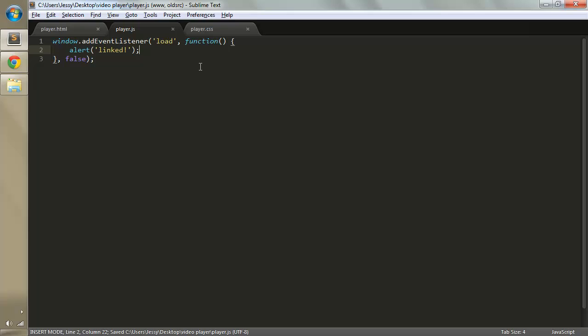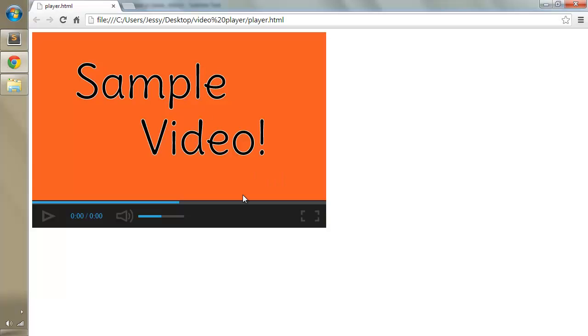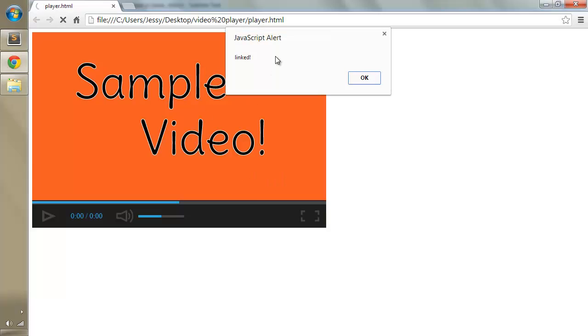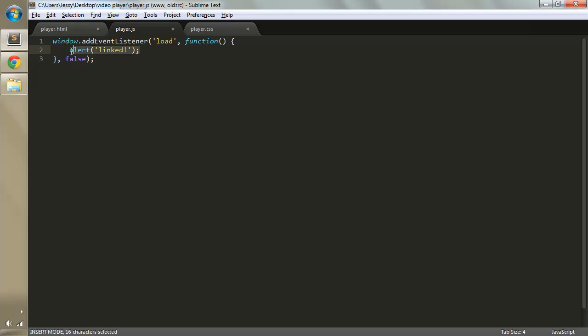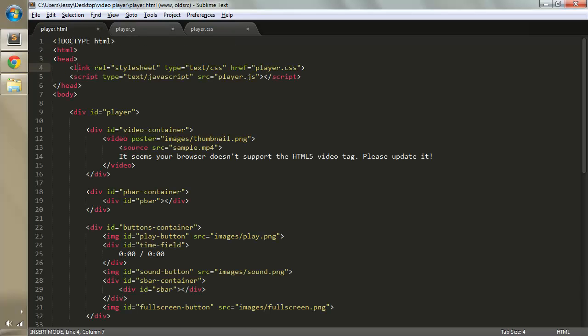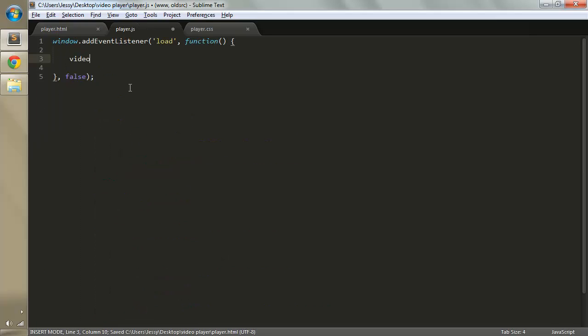Alright, let's test this in the browser. I will refresh the page, and as you can see we get this JavaScript alert, so everything seems to be working so far. Alright, now what I want to do is use some of the elements from our HTML document within this JavaScript file. But I forgot one very important thing. I forgot to give our video itself an ID, so let's quickly do that. I'll just give it an ID of video,